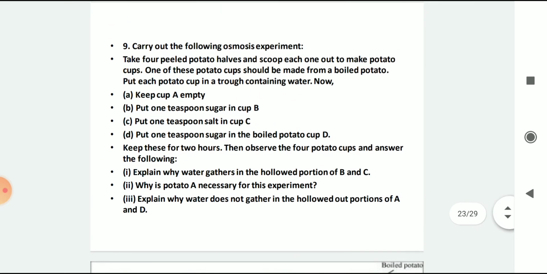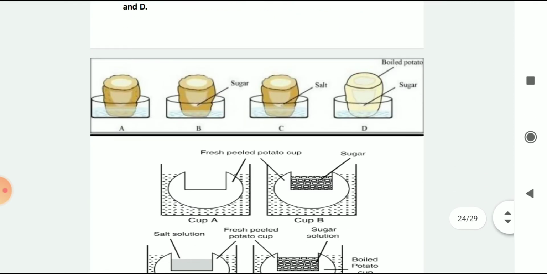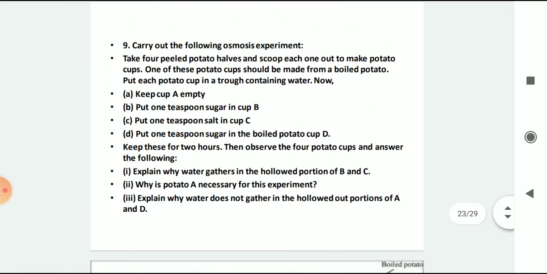देन आपको क्या करना है? यहाँ पे हमने इसकी नेमिंग कर दी कि 1 हाफ इज ए, अनदर बी, अनदर सी, अनदर डी, like this. एक को हमें एम्प्टी रखना है, we will not keep anything in it. सेकेंड में